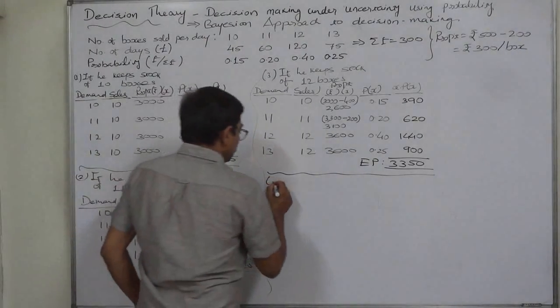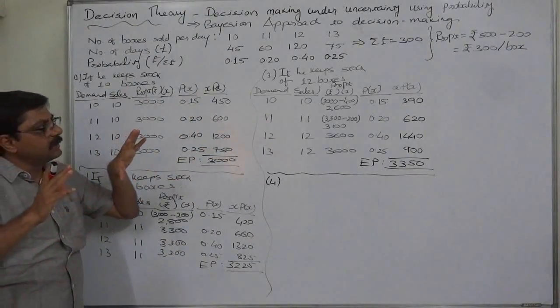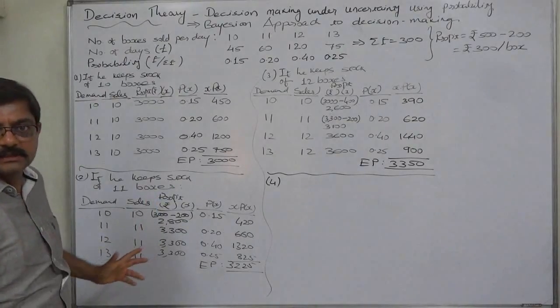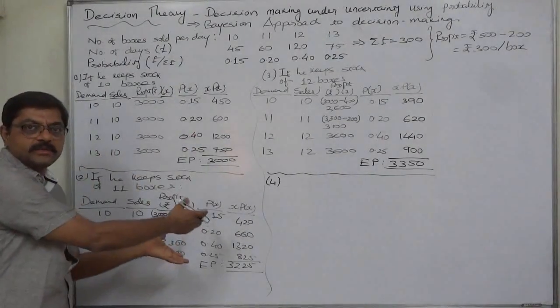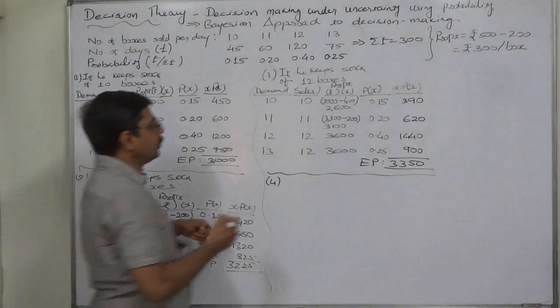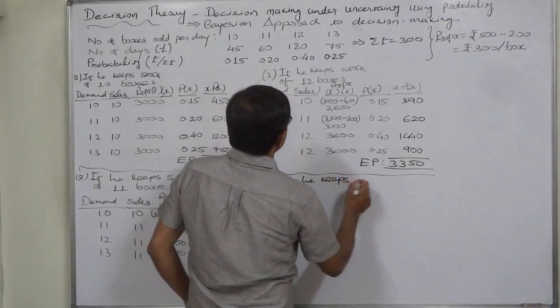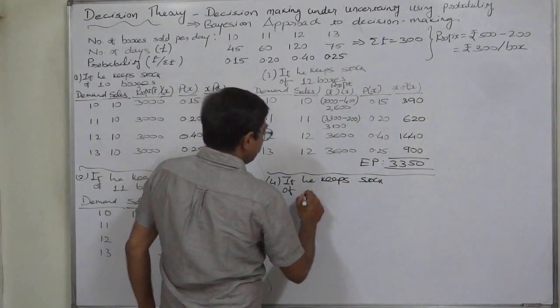This is actually the process of taking a decision for a long term. For so many days, he will be keeping the stock suggested by us at the end of this kind of calculations. If he keeps stock of 13 boxes,